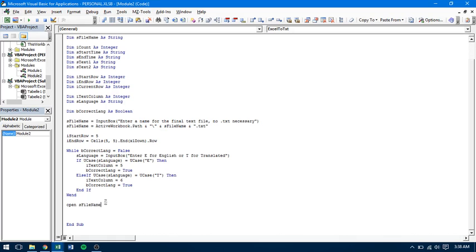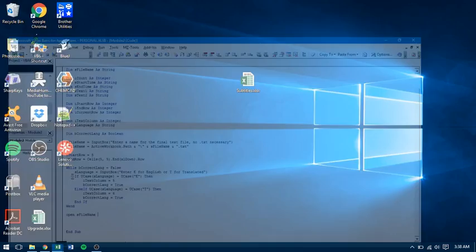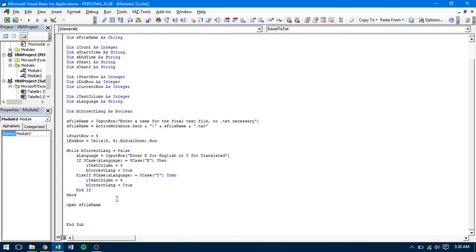and you don't need to already have the file be there. Like right now, you can see there are no text files on my desktop. We'll just make a new one, say maybe test one, we'll call it. And you'll see it creates it and opens it at one time. So we'll do that for output